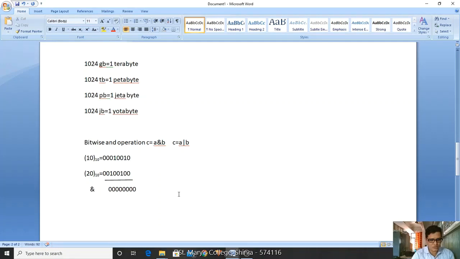If I do the same thing here, I'm taking the same value 1 0 0 1 0, and here it will come 0 0 1 0 0 1 0 0. If we do this, what is the new value we are going to get from the logical bitwise OR?